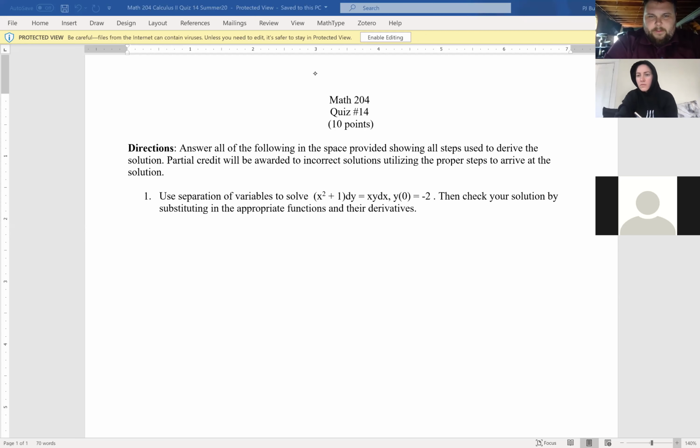Okay. So we want to get all the y's on one side, all the x's on the other. So because dy is on the left, I am going to go ahead and